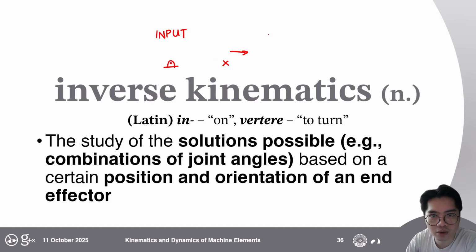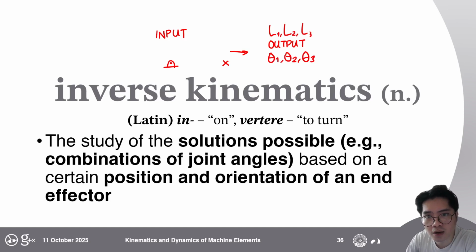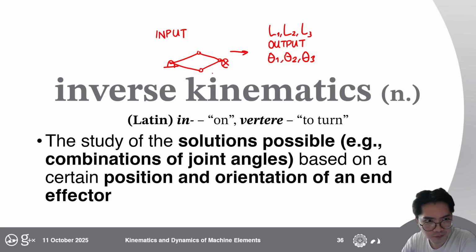of output, what kind of joint angle combination and link length combination is possible, right? Is it even possible? We don't know, right? Maybe there is a solution like this. Maybe there's a solution like this. Maybe there is no solution. We don't know, right? Usually the number of solutions is there's no solution, there is 2 solutions, there's 1 solution,